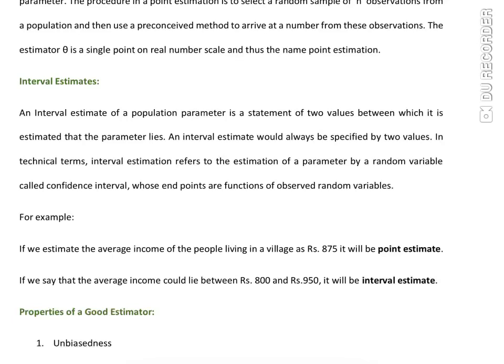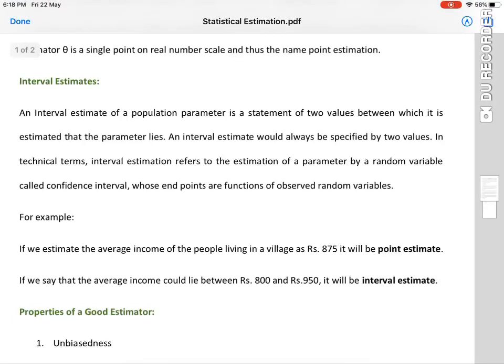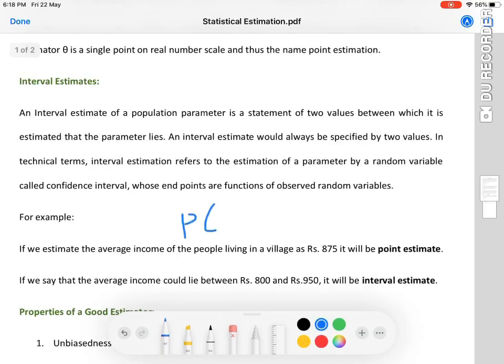For example, if I say P of 0 less than or equal to z less than or equal to 0.25, something like that. Now if I want to calculate the probability of this particular range of data, okay, so z could take any values between 0 and 0.25. So this is an interval estimate. And we interpret the probability based on the question that has been asked. Now let us see a small example here.